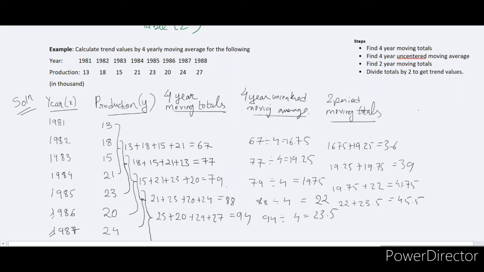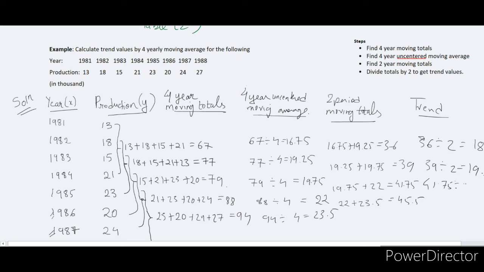So the last step is simply dividing these totals by 2, and that is how we get the trend value. So your trend values here will be 36 divided by 2. Which means we are finding the average once again. Because there are 2 values here, the total divided by 2, so we get 18. Then 39 divided by 2, we get 19.5, and